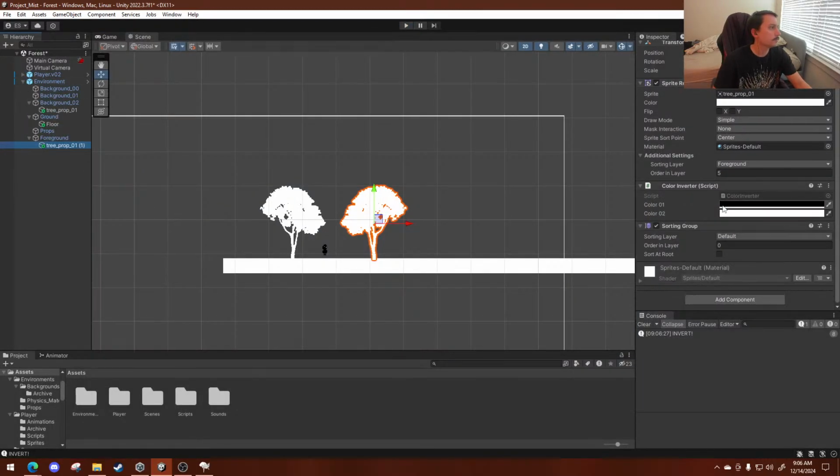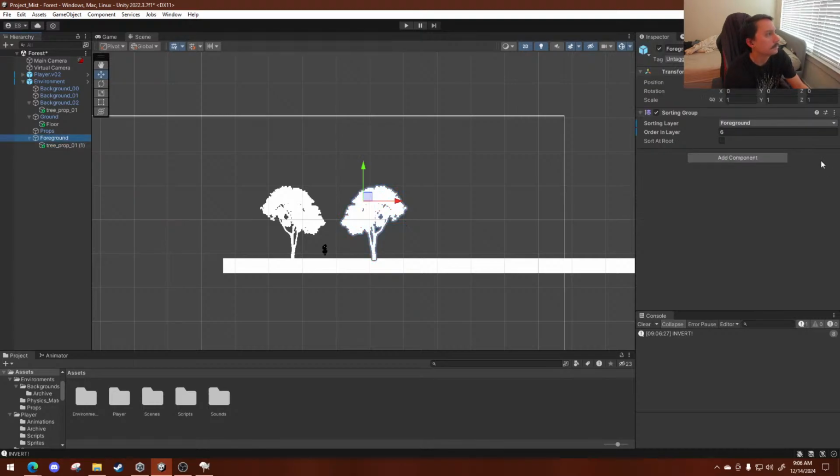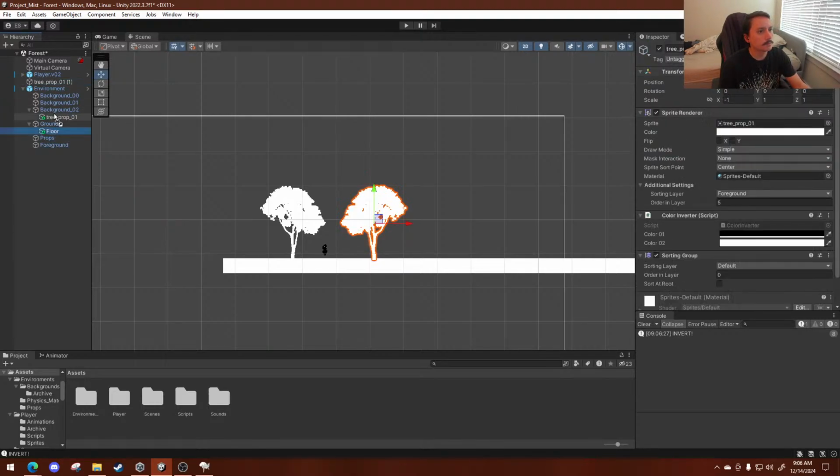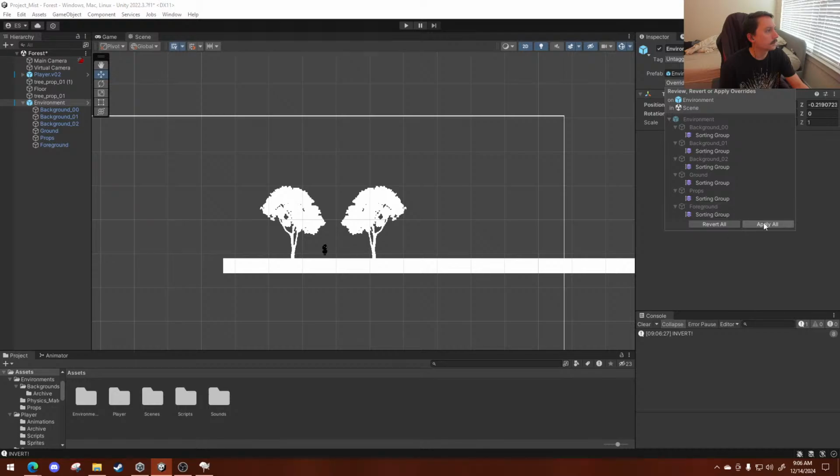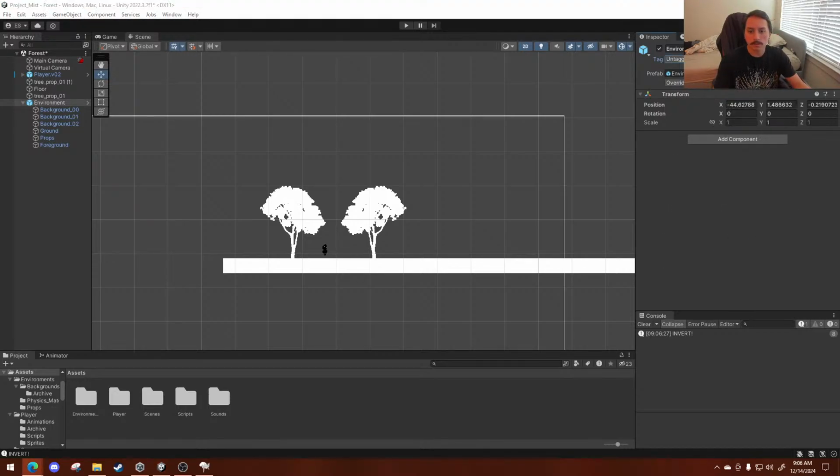So the sorting group doesn't really seem to have done very much for me, which is kind of a bummer. Let's take these out. And I'm gonna ask to see what it does exactly. Overrides, apply all. Let's ask, what does the sorting group